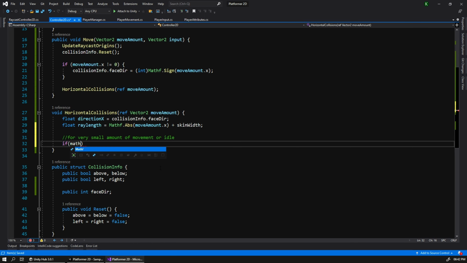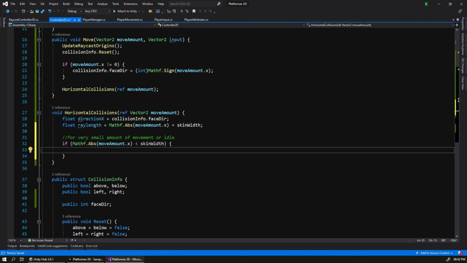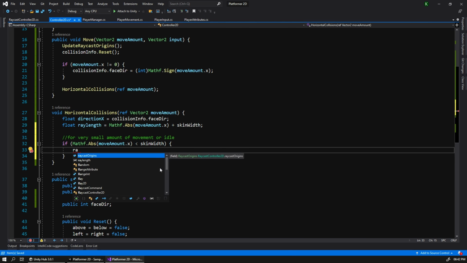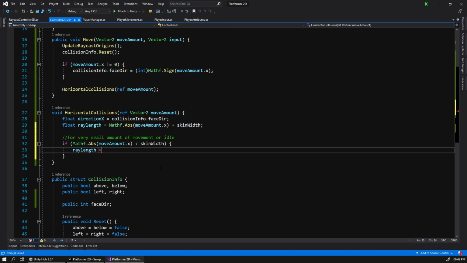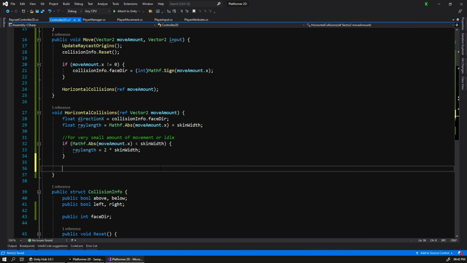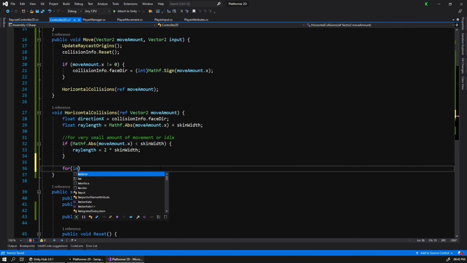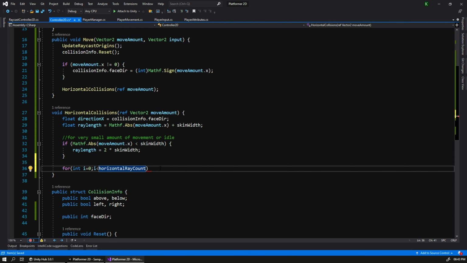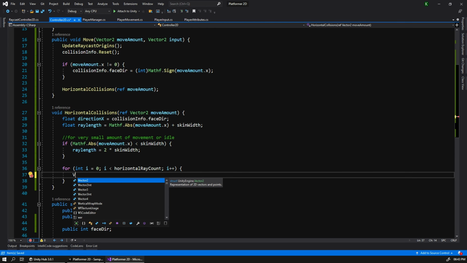And for x values of move amount which are extremely small, we'll create an if condition here. Mathf.Abs of move amount.x, if it is smaller than skin width, we'll say ray length equals 2 times skin width. So we multiplied by 2 because once for our skin width offset, so that our starting point starts from skin width and comes out of the collider, and the other as a replacement for the small x value of move amount. So let's start a for loop from 0 to the horizontal ray count,